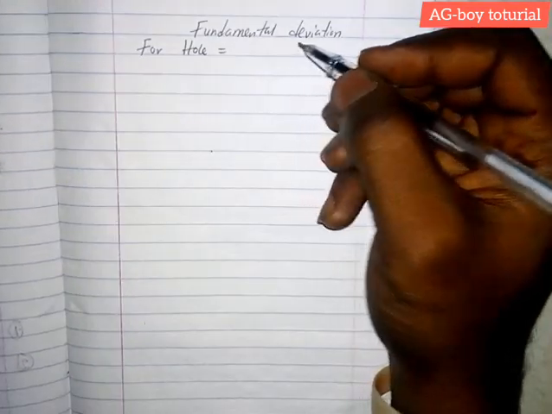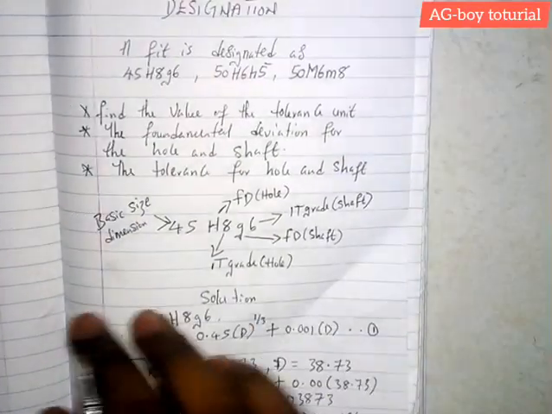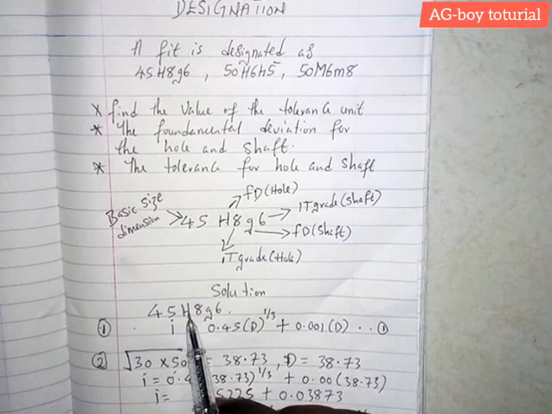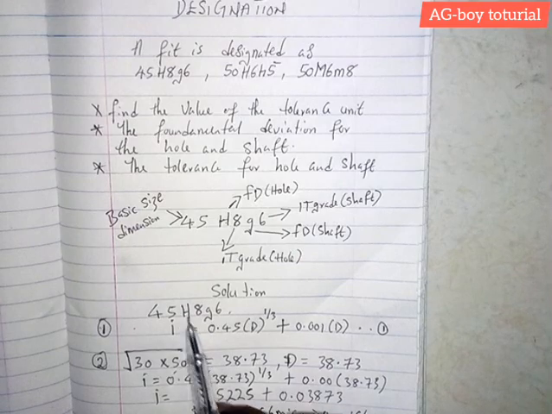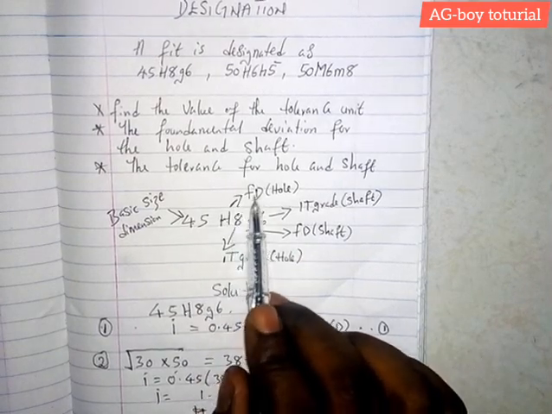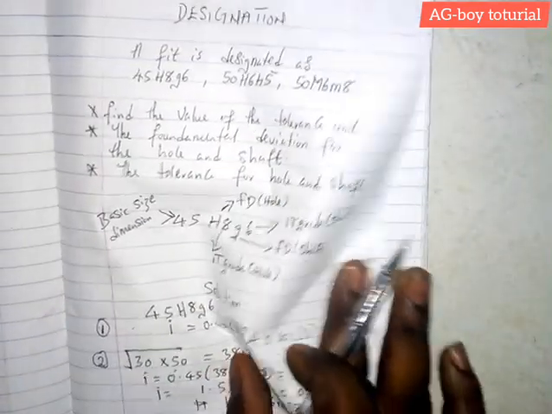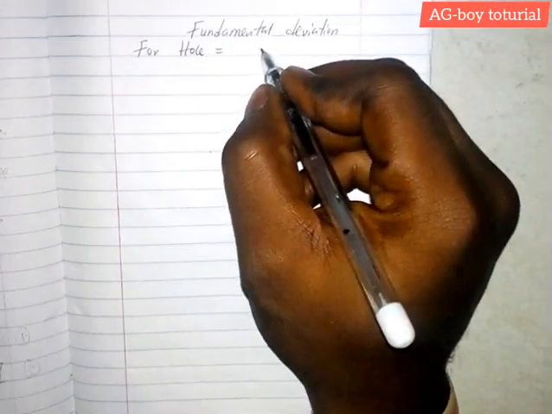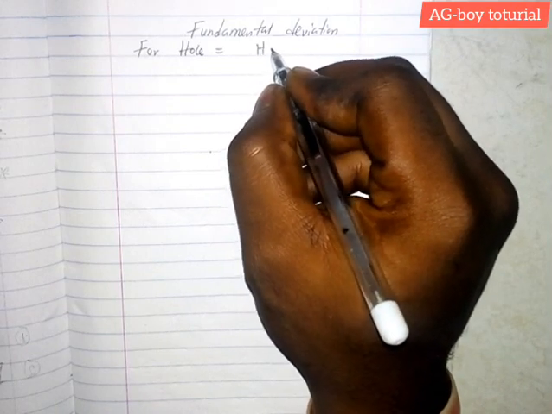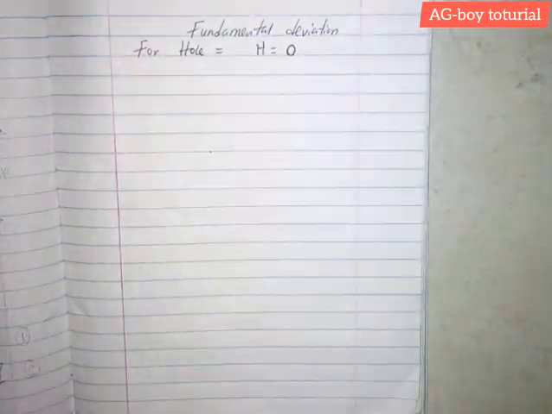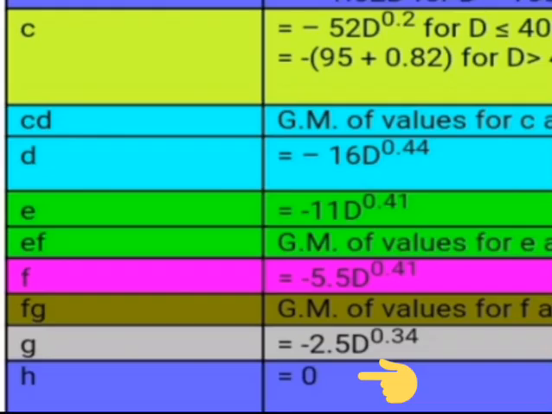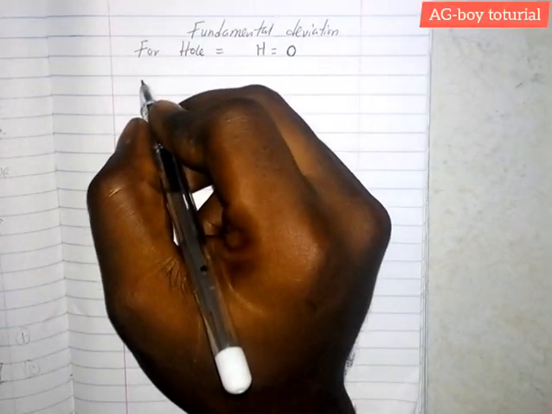For the hole, remember we have 45 GH. So for our hole, H here is our fundamental deviation. If you check the charts on the screen, our H is equal to 0. So our fundamental deviation for the hole is 0. Our fundamental deviation for H is 0. Then for the shaft,